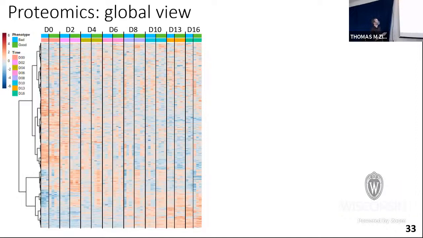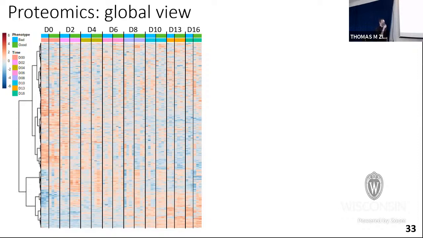And then within each of those larger columns of the day, on the left, we've got the bad shown in the blue here, and the good in the red, and the good in the green. And hopefully what you can start to appreciate here is you don't see much difference in day 0, which we don't expect there to be. We expect these to be as similar as possible. But we start to see significant differences that creep up over time. So even as early as day 2, for example, we see this large batch of proteins that are upregulated in the good differentiation versus the bad differentiation.